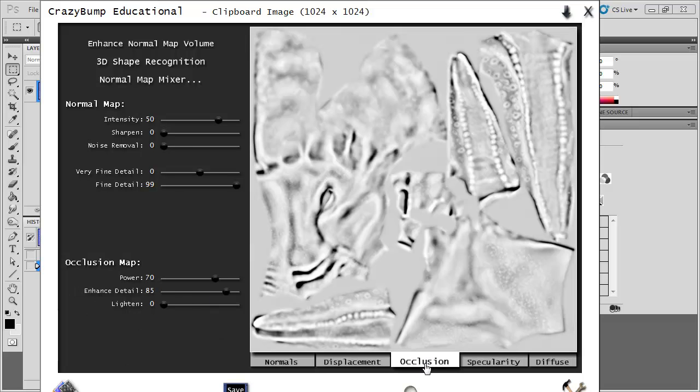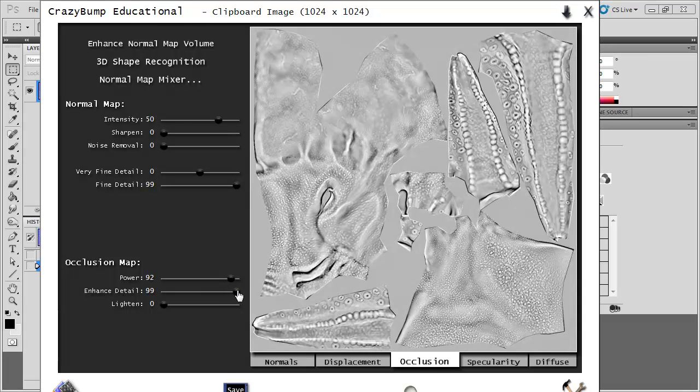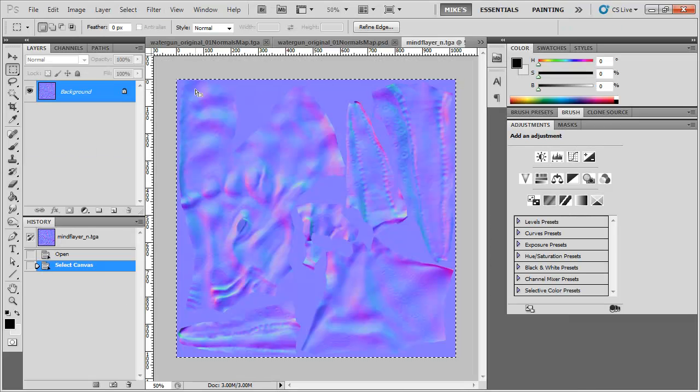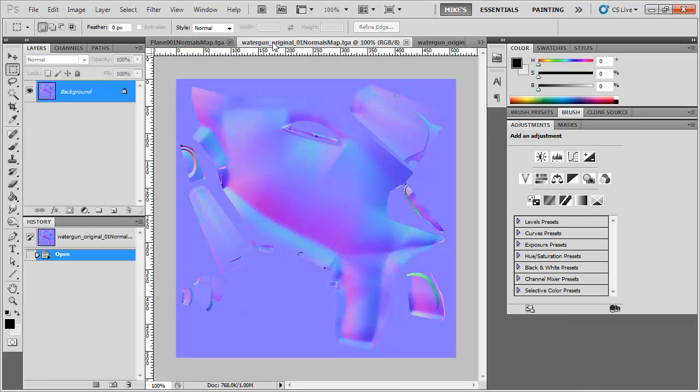Or you can also use occlusion. That's another nice little one to play around with. So if you increase the detail a lot, you get more popping of the details, and that can really help. So those things all come out of Crazy Bump and gave me,